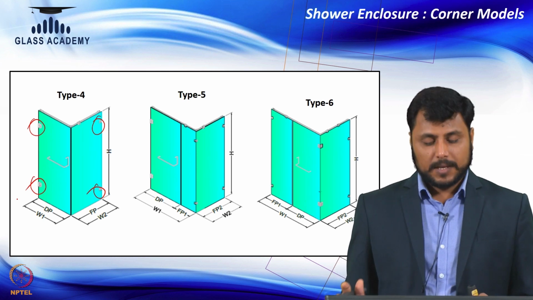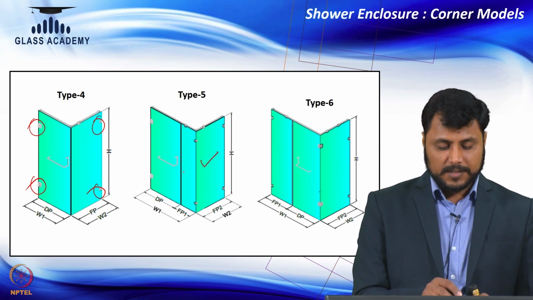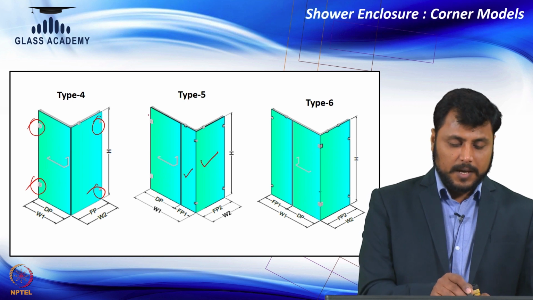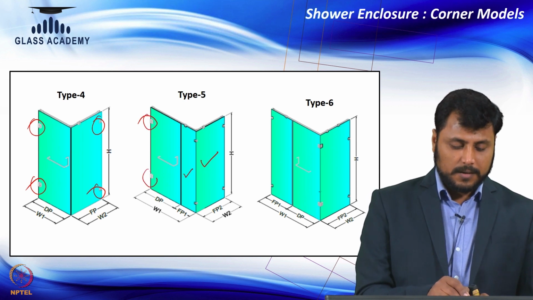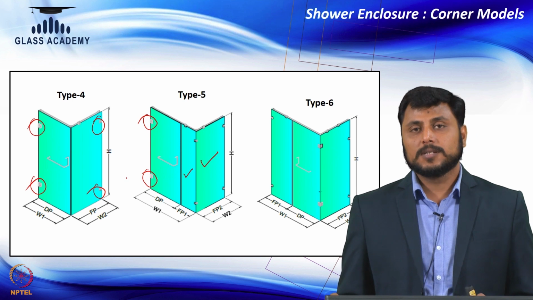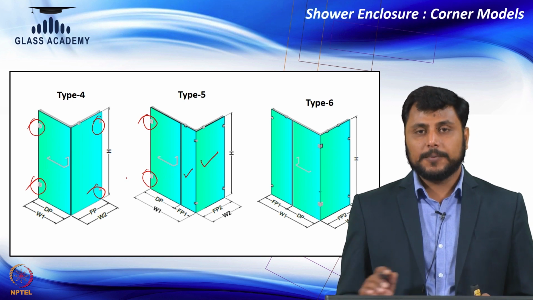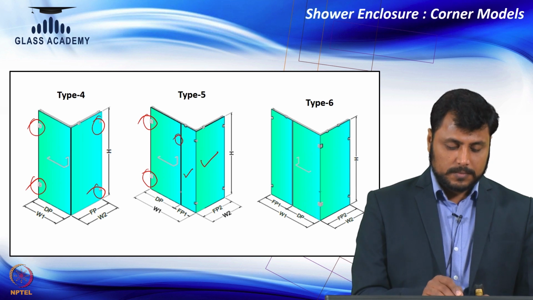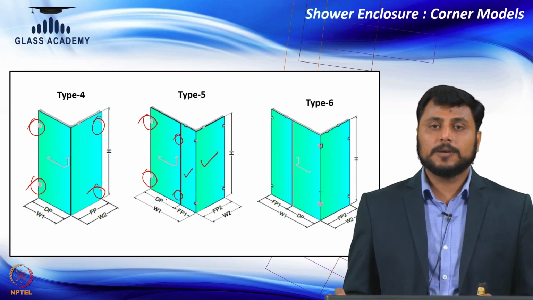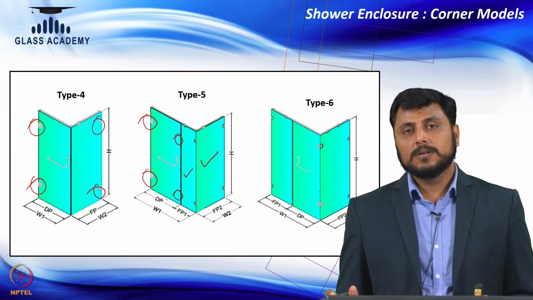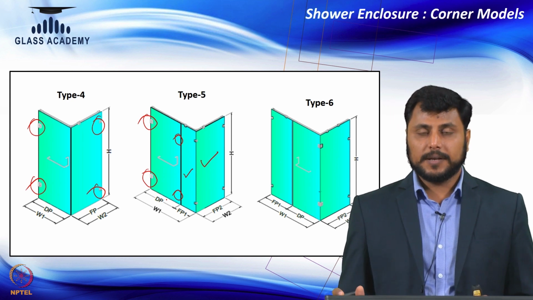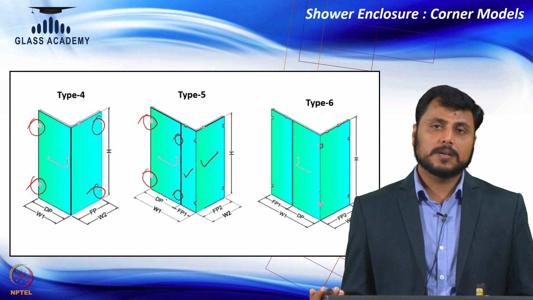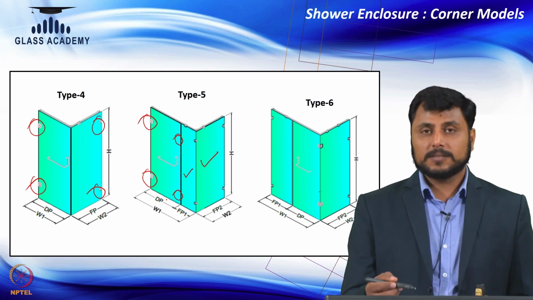Type 5, again there are two fix, one fix is here, one fix is here and one door which is being fixed on again wall to glass hinges. Now, in this category type 5, the same door can be opened here also. So, if door is opening at this position, then hinges will change to glass to glass 180 degree, because again it is opening on glass. In type 6, what is the difference?